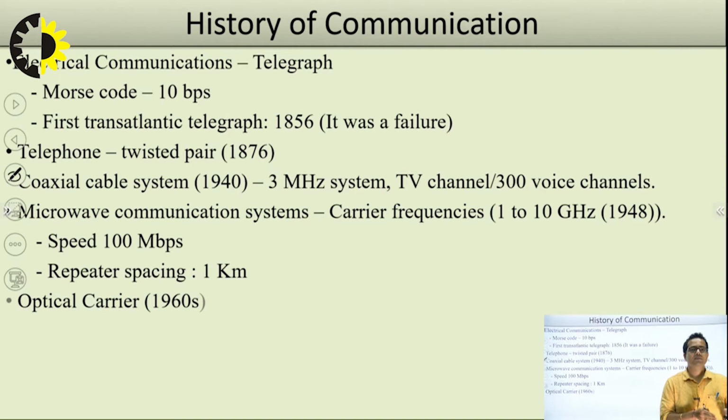So what is the meaning of this? Repeater spacing is between the two points. If you are transmitting information from one point to another point, and the distance is around, suppose, 10 kilometers, then you have to definitely use a repeater at a regular interval of spacing, because after traveling some distance,